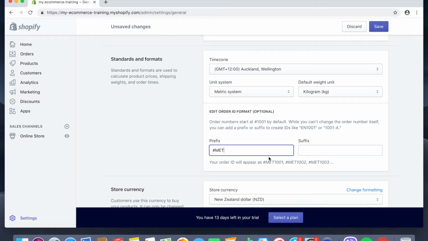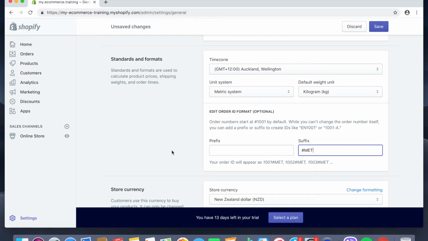So that's the prefix that will be showing on the item orders of your customers. Now if you want it to be a suffix, then just put it here on the suffix part. Let's delete this one and put it here, MET for my e-commerce training,